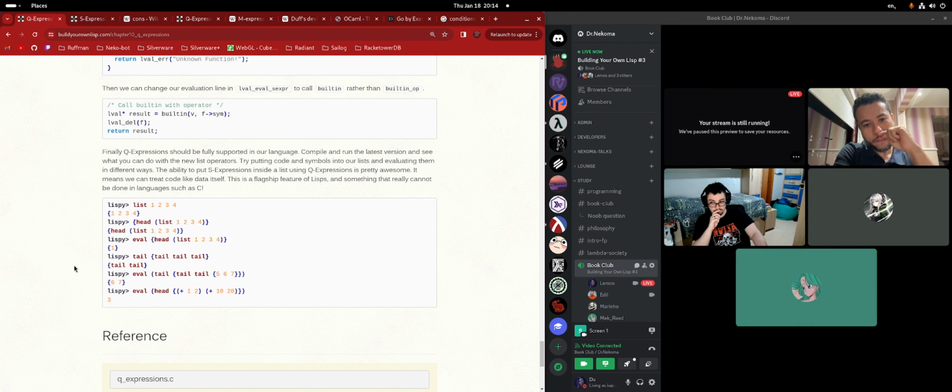I agree, actually, but we can see in the first example that this list thingy is actually transforming the things into a Q expression.